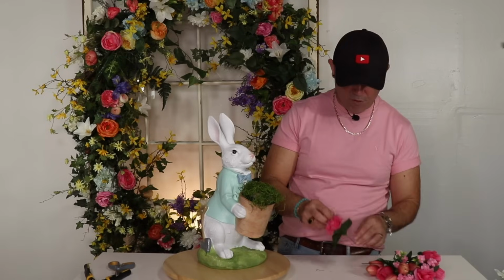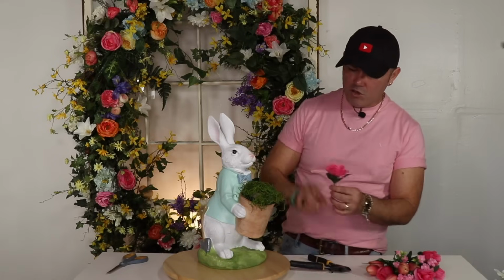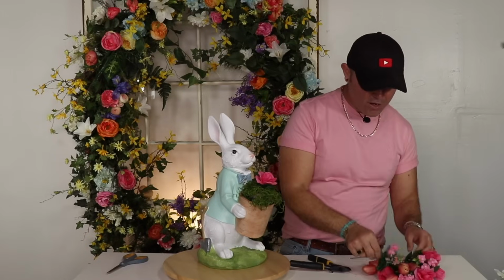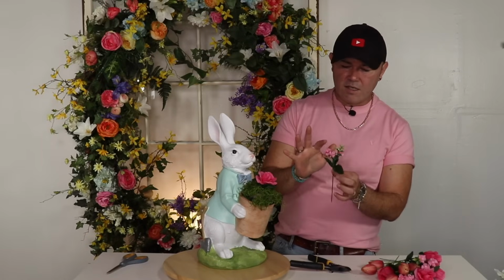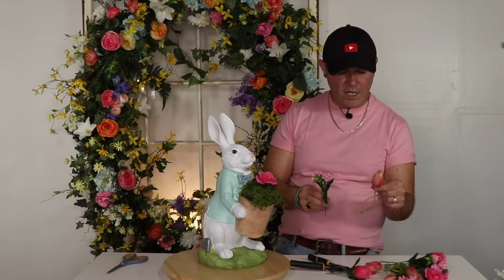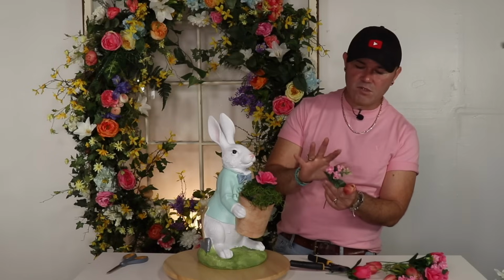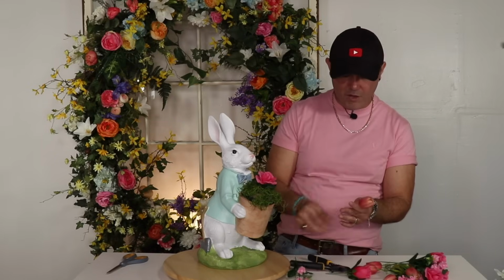It was super simple. Then what I'm going to do is I have right here my wire cutters. What I'm going to do is I'm going to start with a rose right here, and I'm going to do a really tight pave bouquet of flowers. And I have some of these roses, some of these really, I think this is baby's breath, and then some real touch tulips. Now, what I do want to explain to you guys is you do have to have some